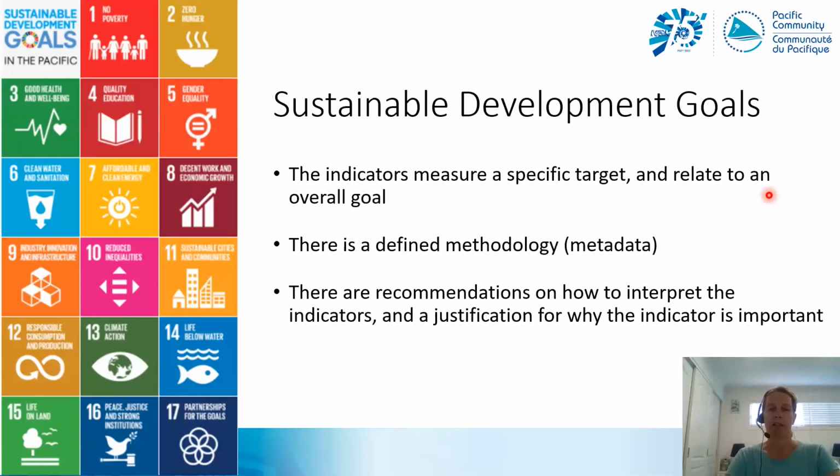And that's why the Sustainable Development Goals, while they are a massive impost on the statistical systems in countries, are actually a really nice framework in the sense that they flow nicely. So we have our 17 goals, which are a headline desirable outcome, and beneath each of those goals sits some targets, and within those targets we have some defined indicators. So they all roll up to meet that overall goal, and in the end the Agenda 2030.